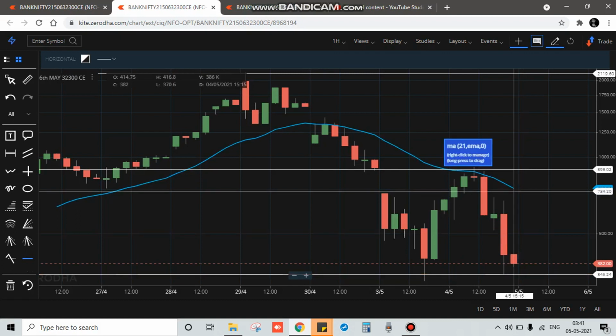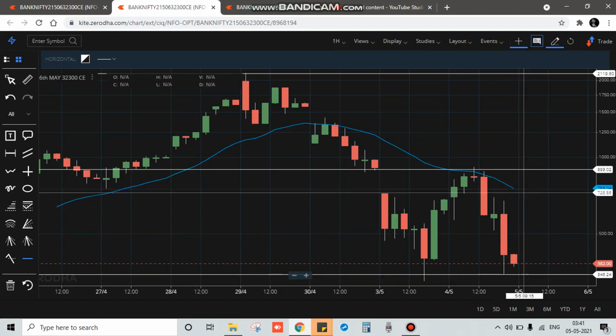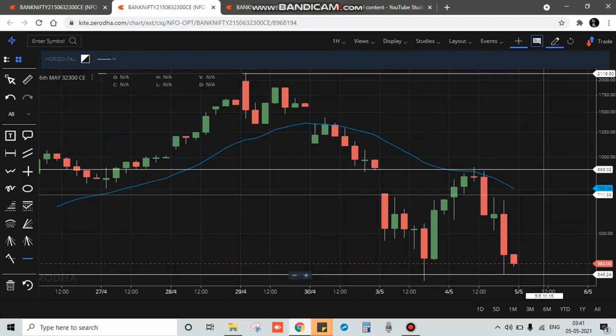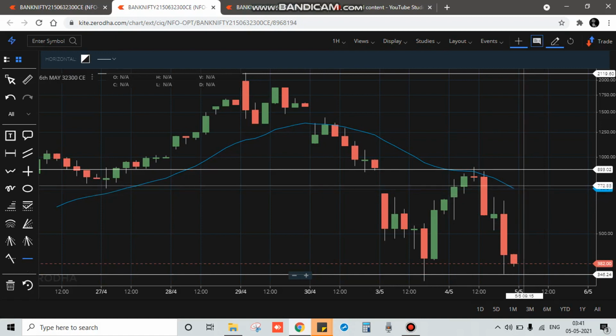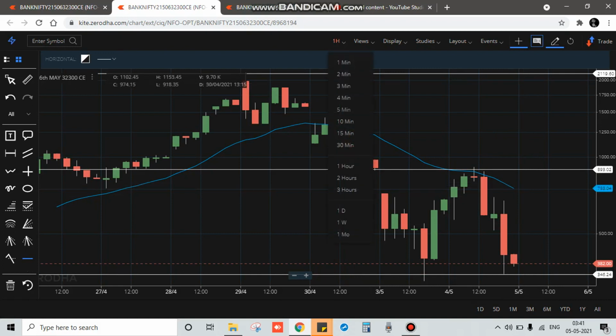From here it may get rejected, or if it is crossing over here, you need to decide. Mostly you can book your profits when it's coming near the 21 moving average, and take your trades accordingly. If you have 5 minutes or 15 minutes, based on your comfort and your risk appetite, you can plan your trades accordingly. So that's it for